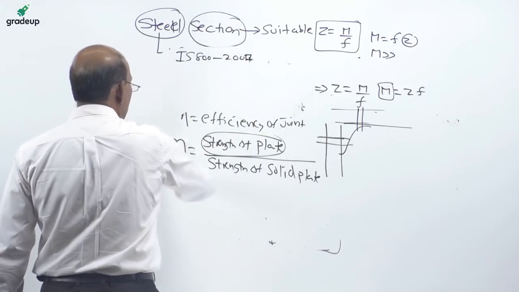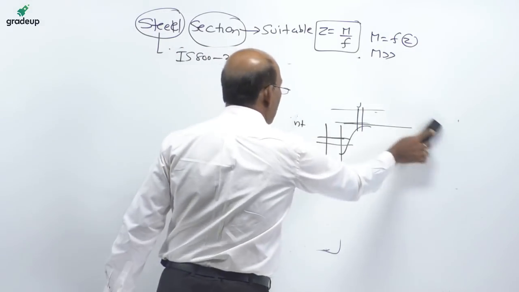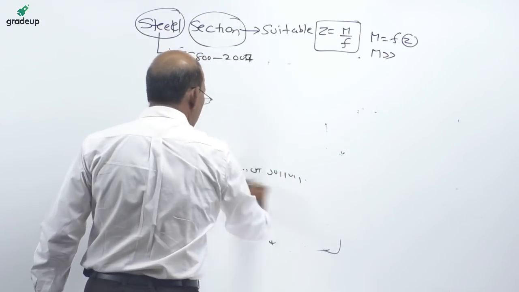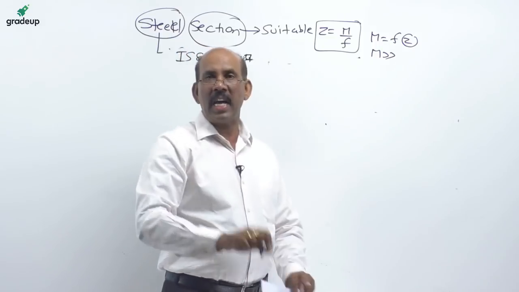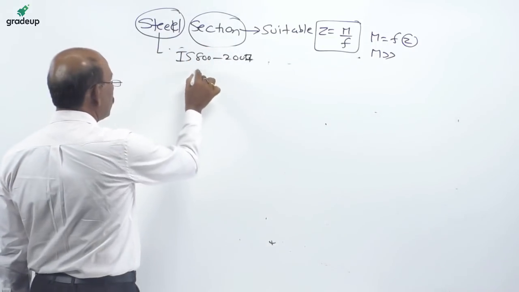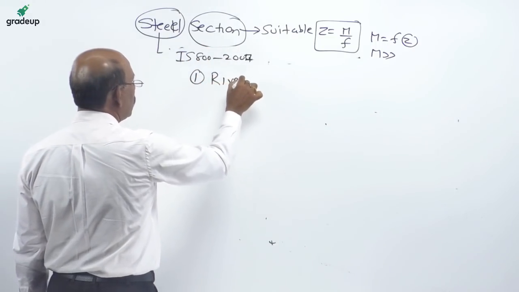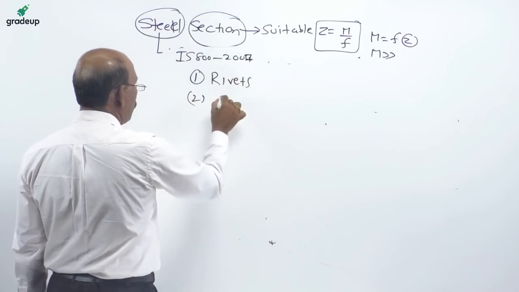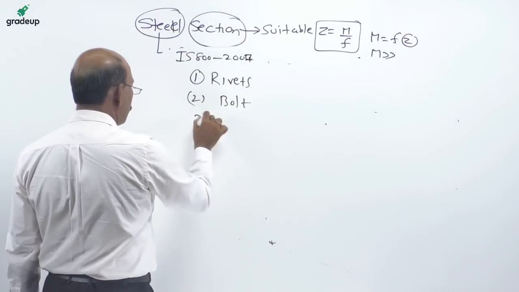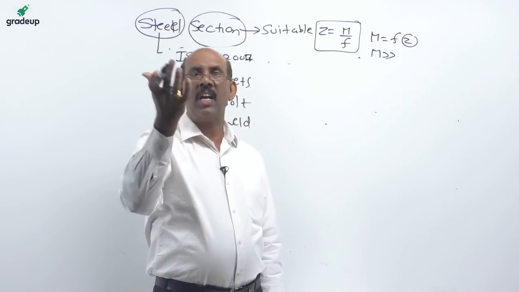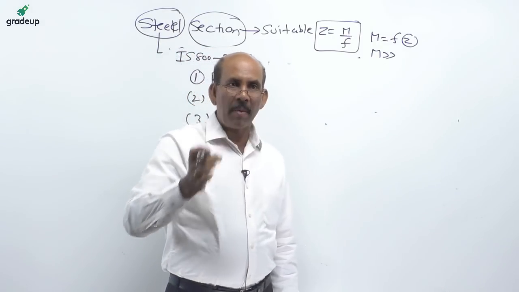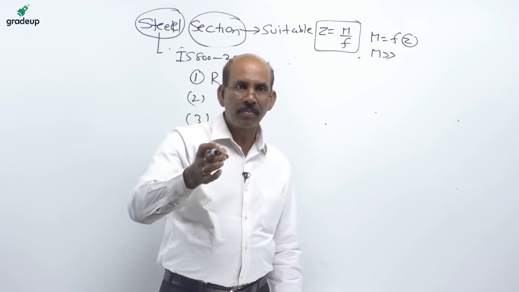With reference to the strength of the riveted connection, welded connection or bolted connection, the connections can be made in three types. Either with rivets, which we call a riveted joint, next with bolts, which we call a bolted joint, or we can use welding, and it is called a welded joint. So coming to this particular one,